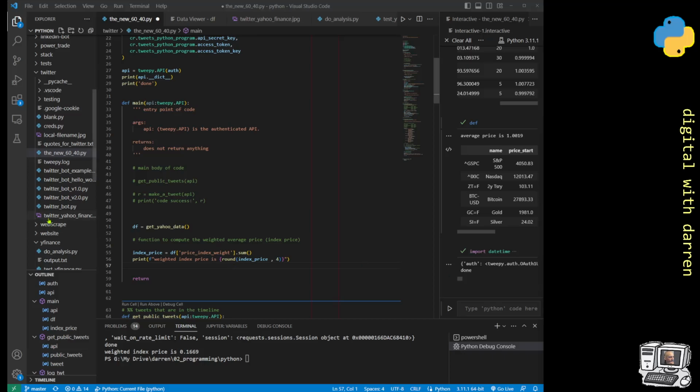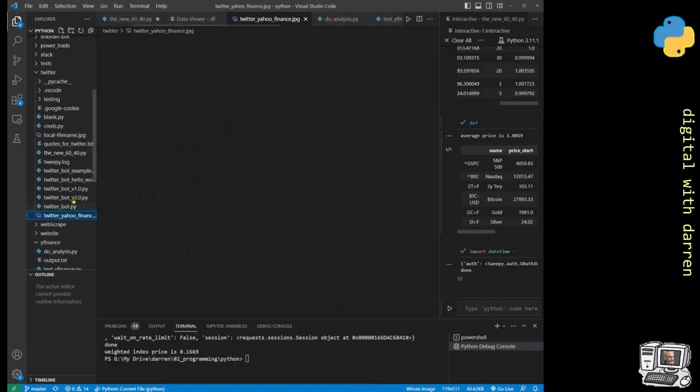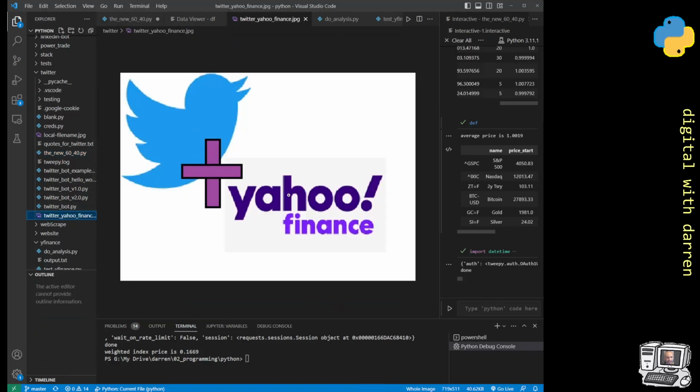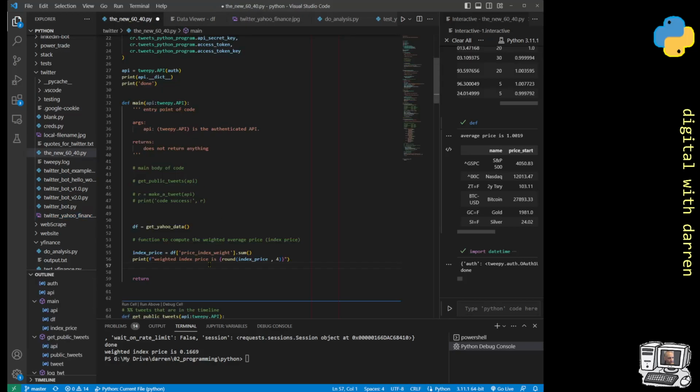Okay, so we're in the end game of our little Twitter plus Yahoo Finance bot building process. I think we're on video number 9 now. Where we got to on the last video was that we were actually able to compute the index. Over here we got the index price, which was the weighted sum, and we were able to compute this index from